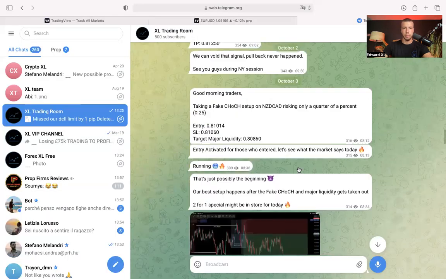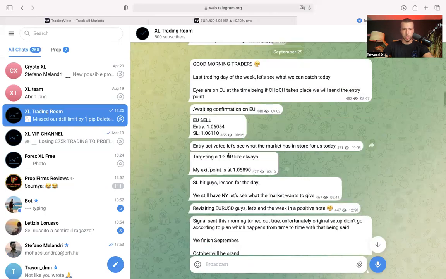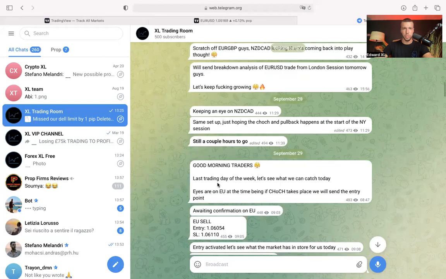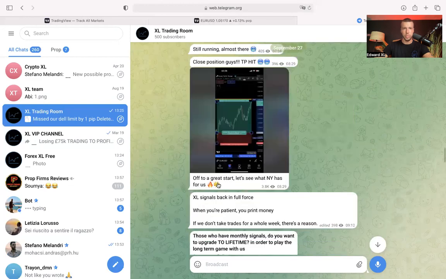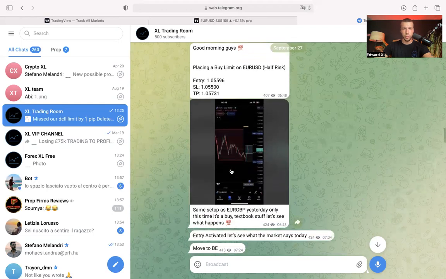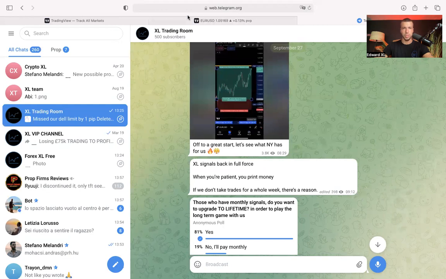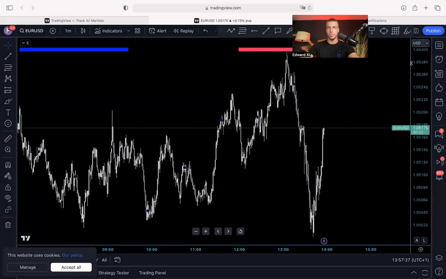Right now we will see everything about this, and maybe we took one stop loss here. Yes, one stop loss here on EURUSD and some more wins right here on EURUSD again. Nice setup, continuation to the upside. So let's go and check it out.